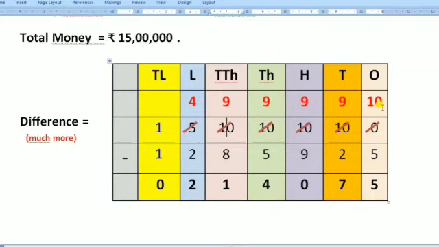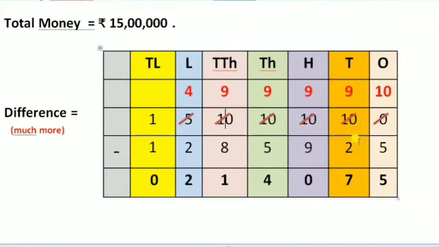So let us start: 10 minus 5, it will be 5. Come to the tens column, 9 minus 2, it will be 7. Next come to the 100 column, 9 minus 9, it will be 0. So define 0. Come to the 1000 column, 9 minus 5 is possible, so it will be 4. So write 4. Next the 10,000 column, from 9 when we subtract 8, it will be 1. Then in the lakh column, 4 is there, from 4 we subtract 2, so it will be 2. And lastly 1 minus 1, it will be 0.